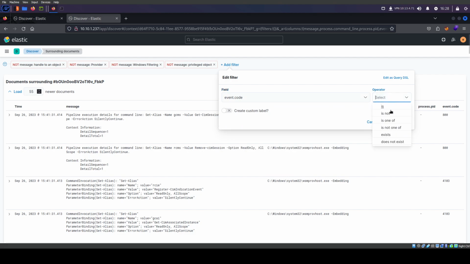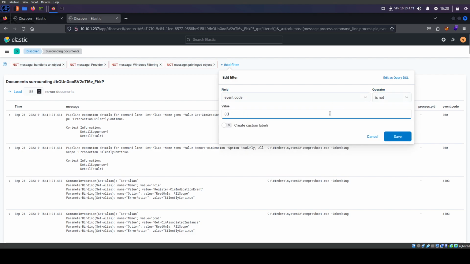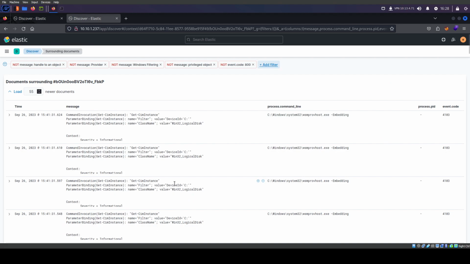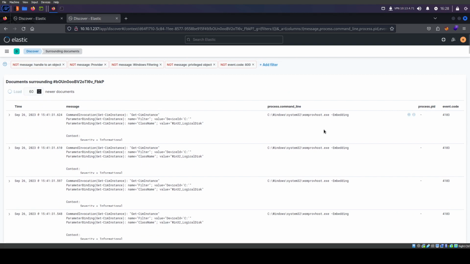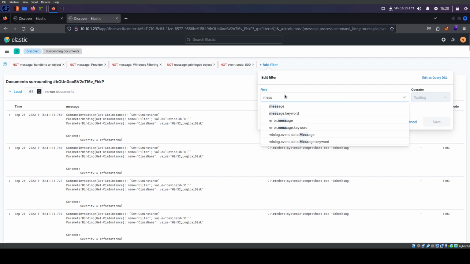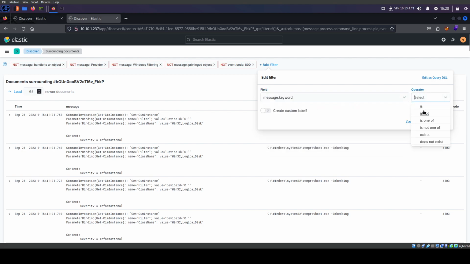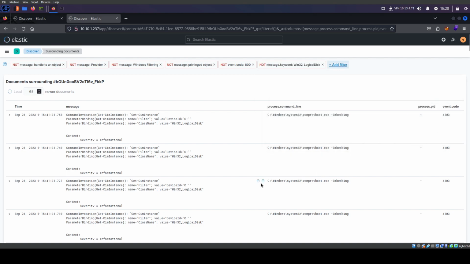See if that is not 800. There we go. 4103 is good. I don't mind that one unless I have to ignore this one. Might have to ignore this one. Message is not that. Okay, didn't like that. Maybe I put too many filters.